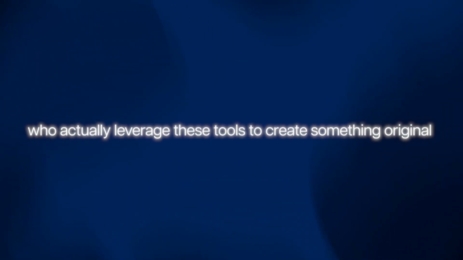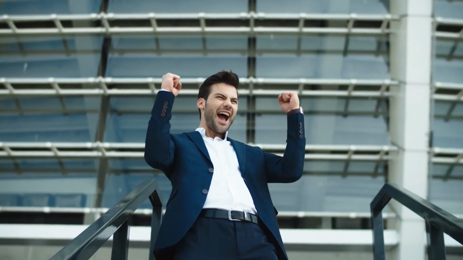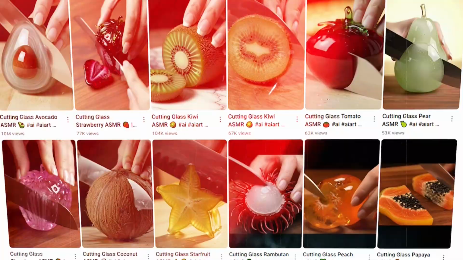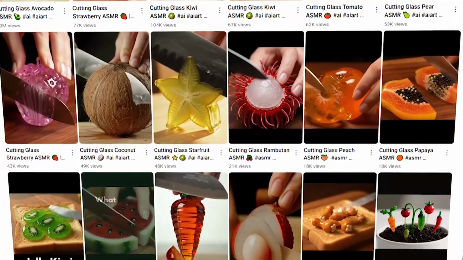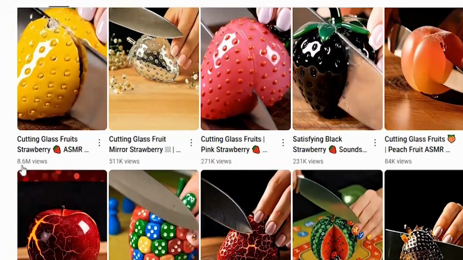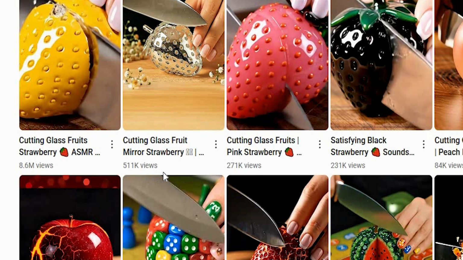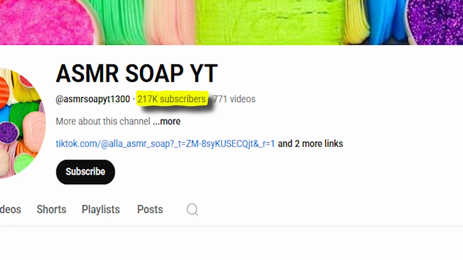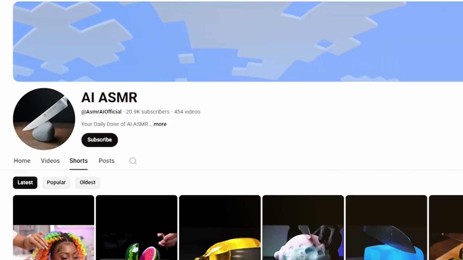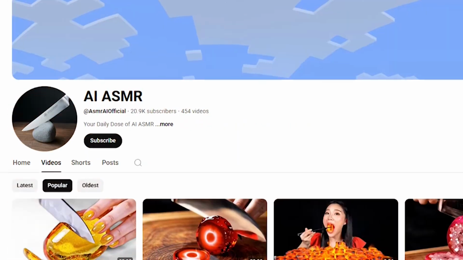Now, while many are quick to criticize AI, there's always a small group, the top 1%, who actually leverage these tools to create something original and achieve massive success. One YouTube Shorts creator, for example, came up with a completely new and unique niche using AI, and they're now racking up millions of views. Another channel using a similar approach has already gained numerous amounts of followers. And it's not just one or two, there are multiple creators using this exact same format and making tons of